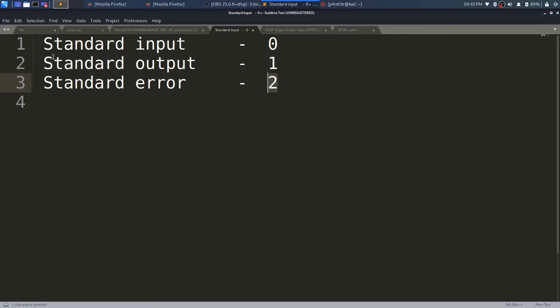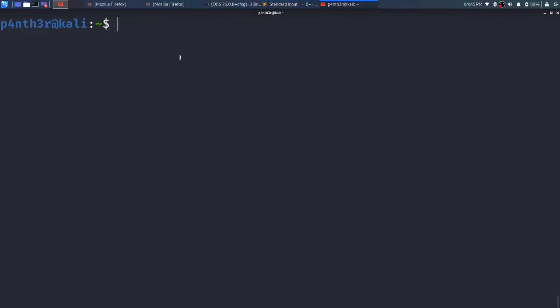Standard input carries data from the user to a program that expects standard input, usually received from a device such as a keyboard. To see standard input, run the cat command. Let me show you how to use standard input. Let me move into the Desktop directory. To practice input redirection, you have to use the cat command, which I showed in a previous video.